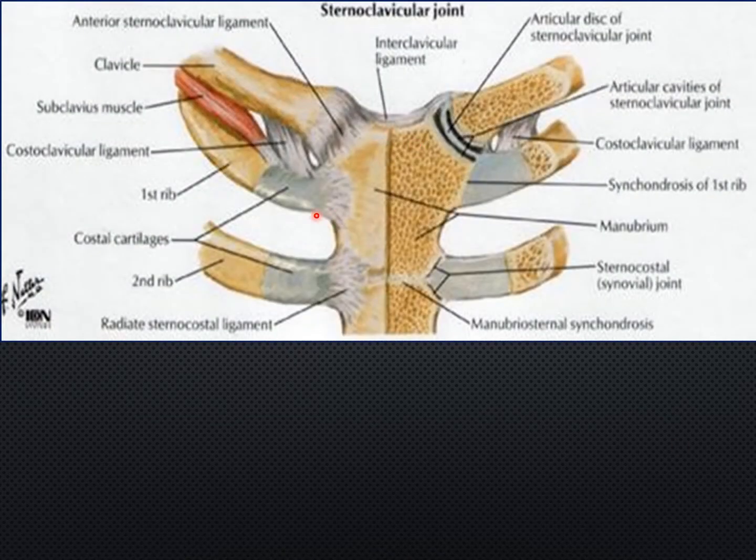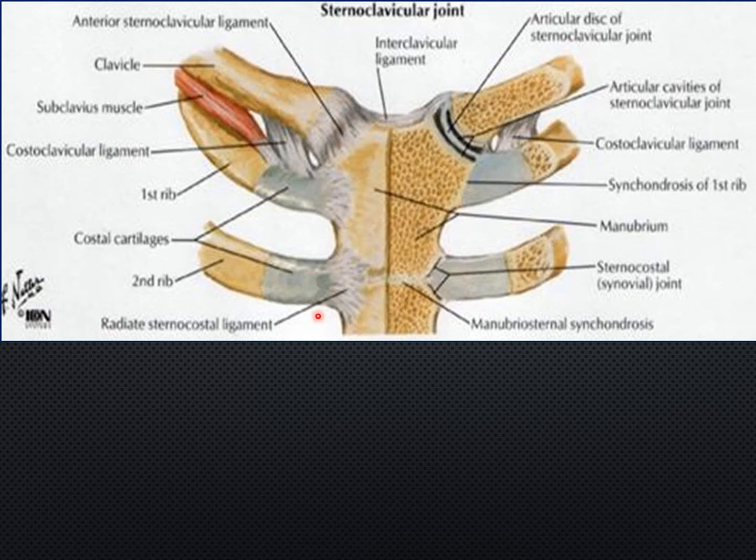We'll look at that. This is the first chondrosternal joint, that is between the first costal cartilage and the sternum. This joint is known as primary cartilaginous joint. When we look at the other costal cartilages, from second to seventh costal cartilages, they are synovial joints. They will have a joint cavity within them.